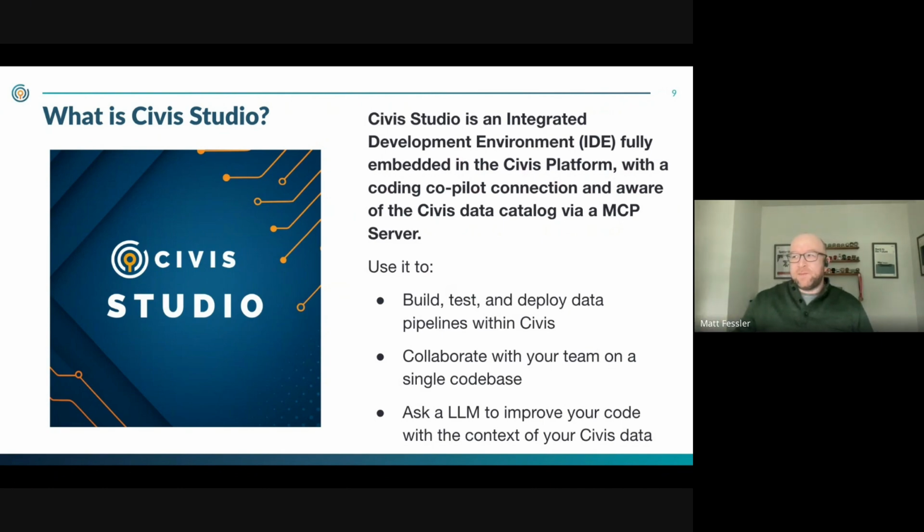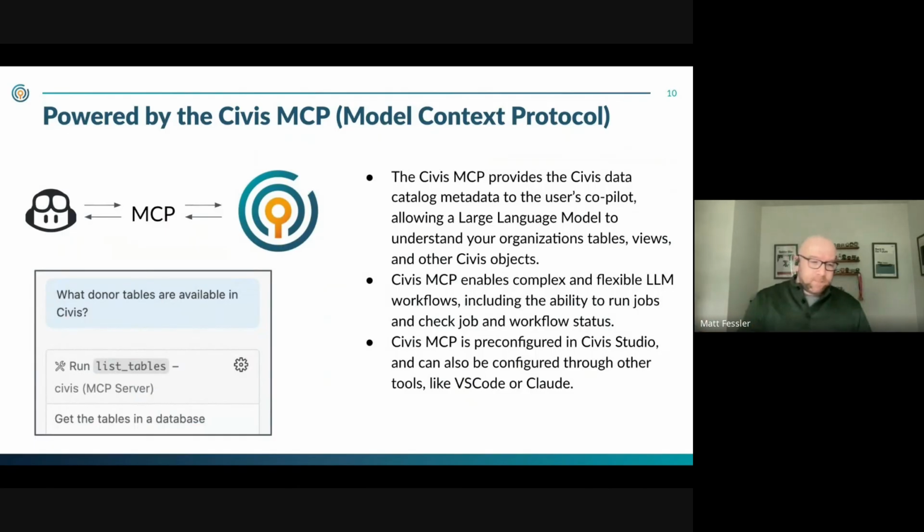Before I get too ahead of myself, I do want to highlight something I mentioned here, which is the MCP. Some of you may or may not have heard of MCP in the context of AI before. MCP is the Model Context Protocol, which provides a standard way for AI agents to interact with other systems. You can see in this little diagram, you have Civis, MCP, and Copilot. This allows AI agents to take actions in other systems like you would within an API, or automatically add context as the agent responds to a user's prompts.